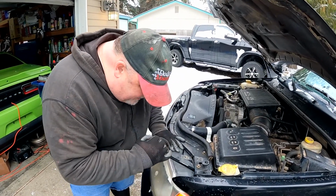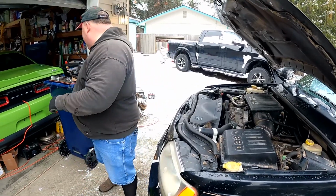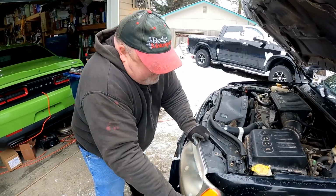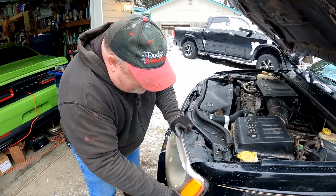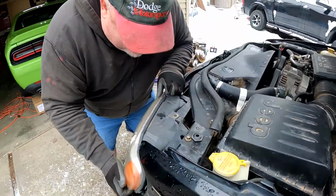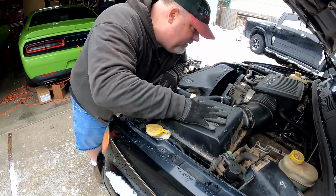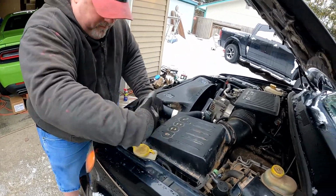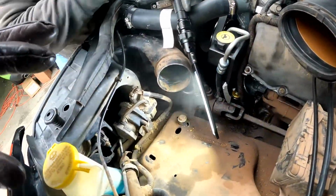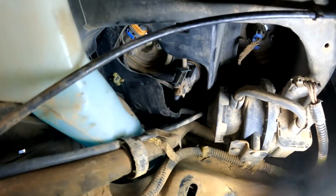But you're supposed to be able to just grab the headlight and pull, except everything comes so broken. Probably what I'm going to have to do is take this air box out and get to it this way. And just change the bulb that way. Yeah. But that's out, and now we can see that there is no light in it at all, but there's